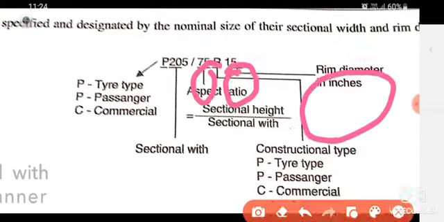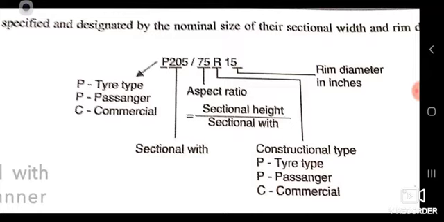Okay, so it's very simple. P, the first letter, indicates tire type, the second number indicates sectional width, the third two digit number indicates the aspect ratio, that is sectional height upon sectional width. R indicates constructional type, and the next two digit number indicates the rim diameter in inches. Okay, so